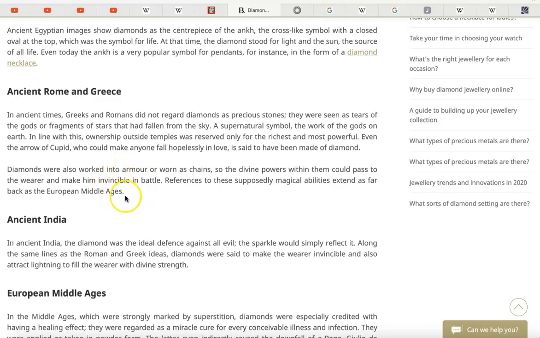So we're not so much concerned with the Middle Ages. We're concerned with that part of history. It's interesting. Like I said, if those little white spots on the tops of the walls are these tears of the gods or fragments of the stars that had fallen from the sky, oh boy. And again, the hotel is located on top of a mountain, which makes us think there's possibly a connection to Mount Olympus, where the gods live.